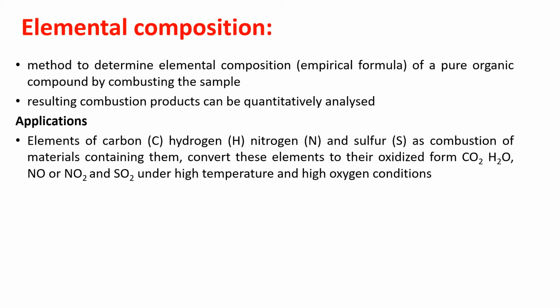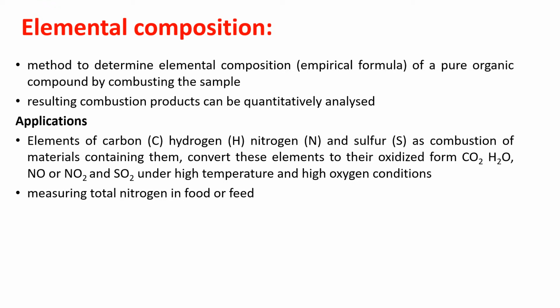of certain samples, and herein the carbon or hydrogen are first converted to their oxidized form. Like for example, carbon is converted to CO2, hydrogen to H2O, nitrogen to NO or NO2, whereas sulfur to SO2. Now these oxidized forms are utilized for determination of elemental analysis. The oxidation is carried out generally at higher temperature with high oxygen condition. This helps in oxidation of the elements.